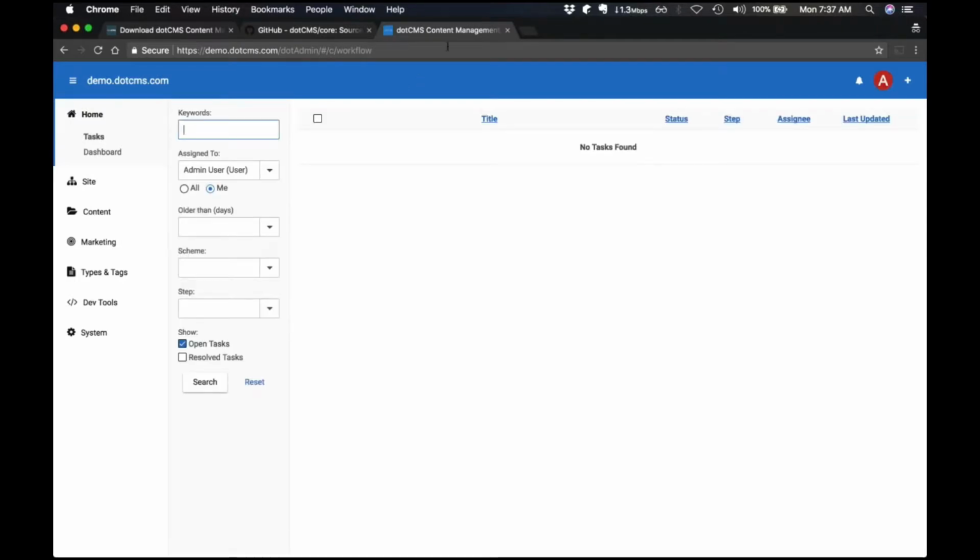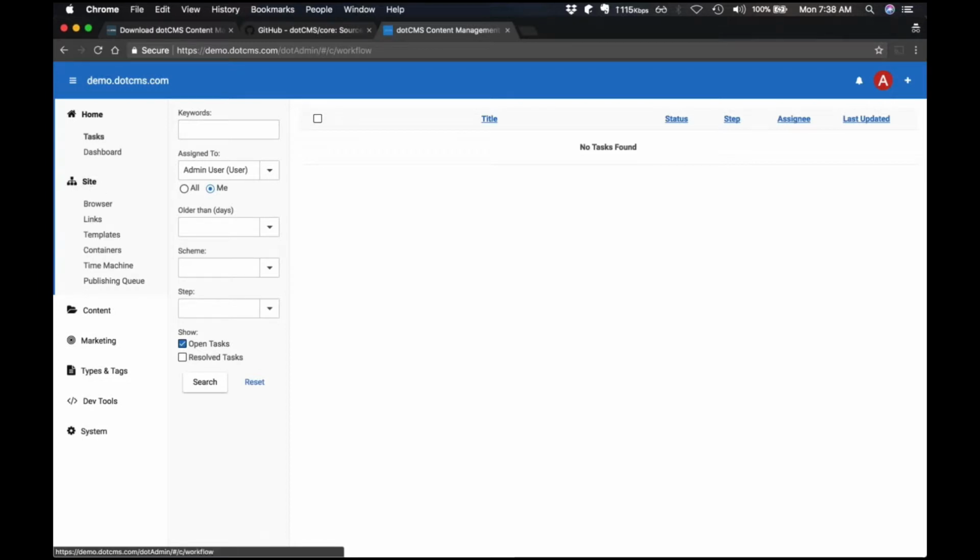This dotCMS instance resets every 12 hours. So this is very cool in order to test small things or do some small examples. Be aware that this resets every 12 hours, so you cannot do heavy stuff in here. And so basically, if we go into the dotCMS backend site browser,